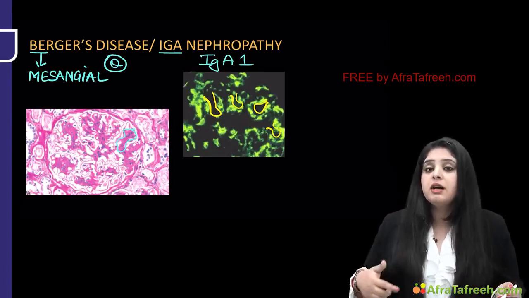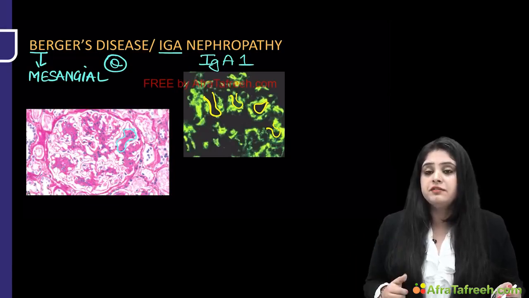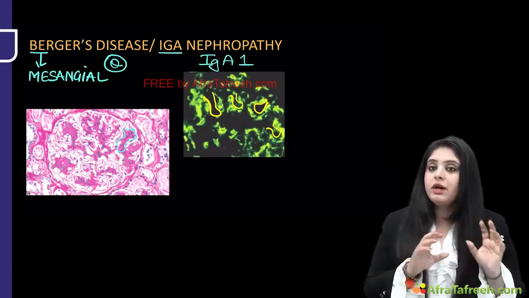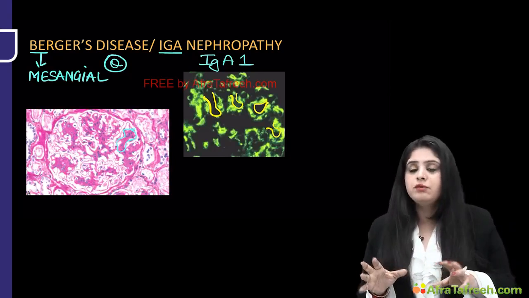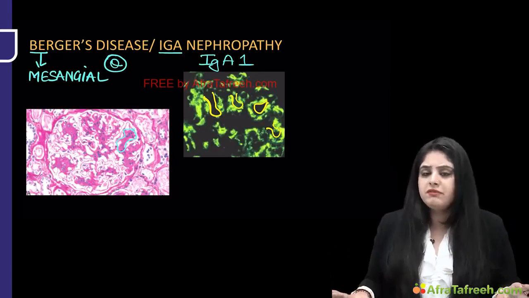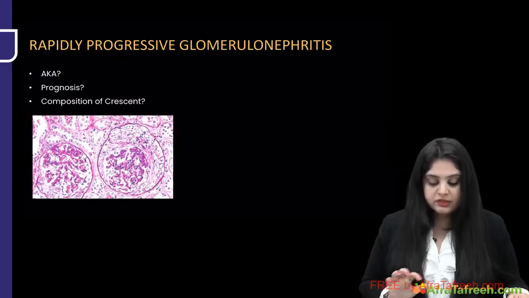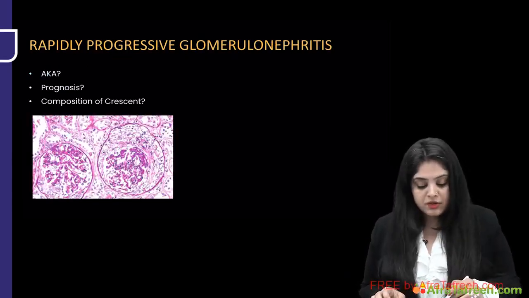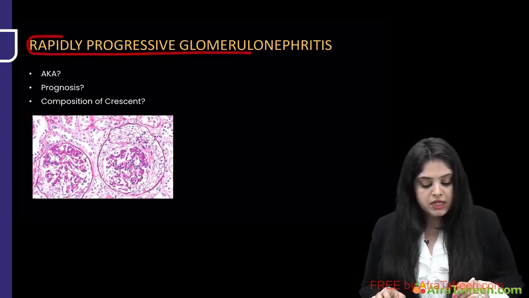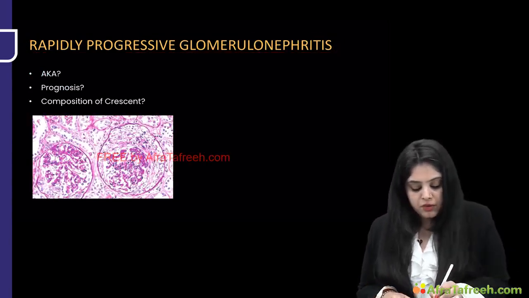What if this becomes again chronic and progressive? So now I've taught you 2 diseases. One is in the kids, one is in the adults. For both of them, I said you treat it, patient will be fine. But what if things progress? Where am I going towards? What if things start progressing? We call it RPGN, rapidly progressive